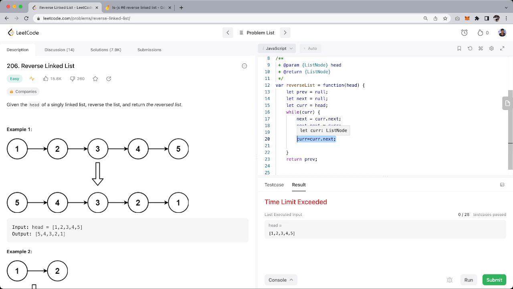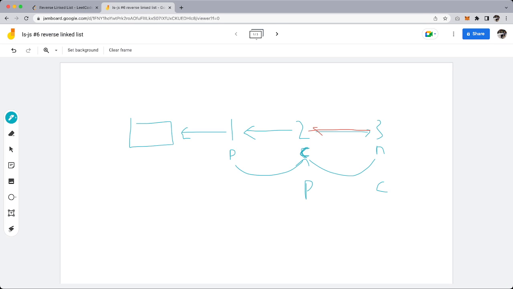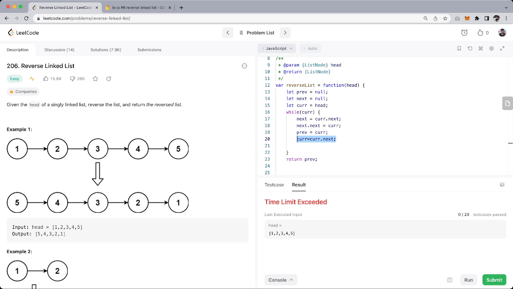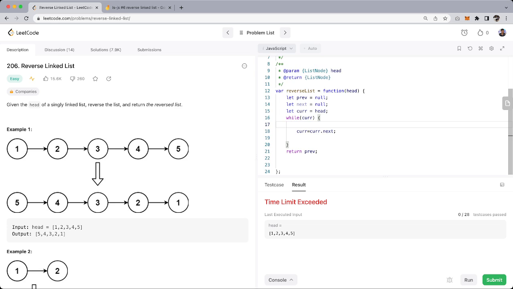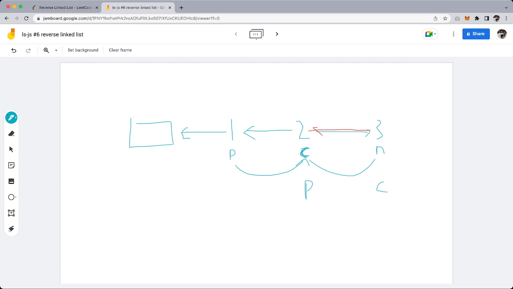Okay. Still, time limit exceeded, meaning that we're not properly incrementing current. So I'm going to remove these first 3 lines because they're confusing. What we do know is that current should go from the front of the list to the end of the list. So that's okay. Now previous